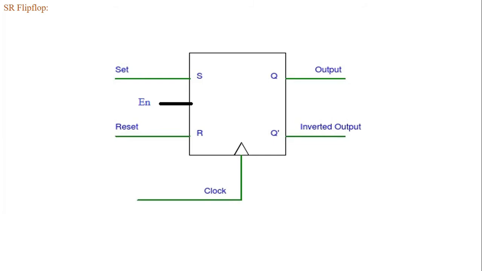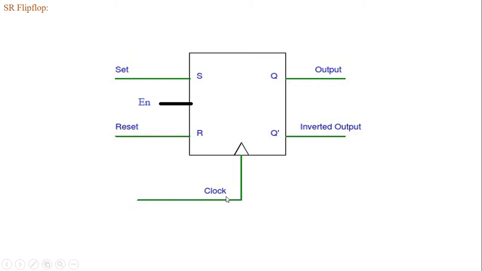First we will see the schematic view of the SR flip-flop. The SR flip-flop mainly has a first input called enable. If enable is high, only then will the SR circuit be active and operate with respect to the input values. Along with the enable signal, we have two main inputs, S and R. S stands for set and R stands for reset. One more input is the clock signal.